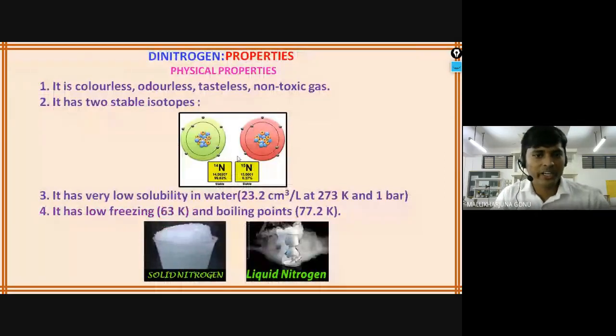Okay. So these properties you write, physical properties, you go through that one; you also wrote it in class work. So there is nothing much to explain. It is colorless, odorless, tasteless, and it has 2 stable isotopes. Isotopes means which are having the different atomic... What is isotope means? Rohini, what is isotope means?